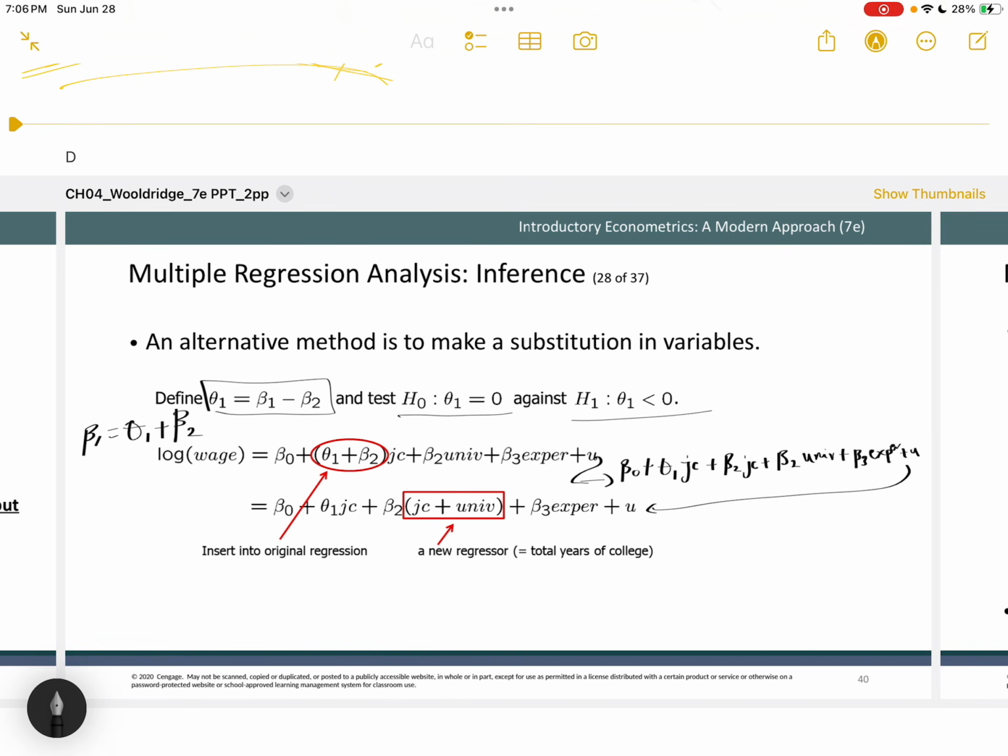We can define theta 1 to be beta 1 minus beta 2, such that in the null, theta 1 equals 0, in the alternative, theta 1 is less than 0. Makes sense, right? But we have to do a change in variable, so we make beta 1 equal to theta 1 plus beta 2. So straight from theta 1 equals beta 1 minus beta 2, I make beta 1 the subject. So beta 1 equals theta 1 plus beta 2. So wherever I have a beta 1, I plug that in. And so when I do plug that in,